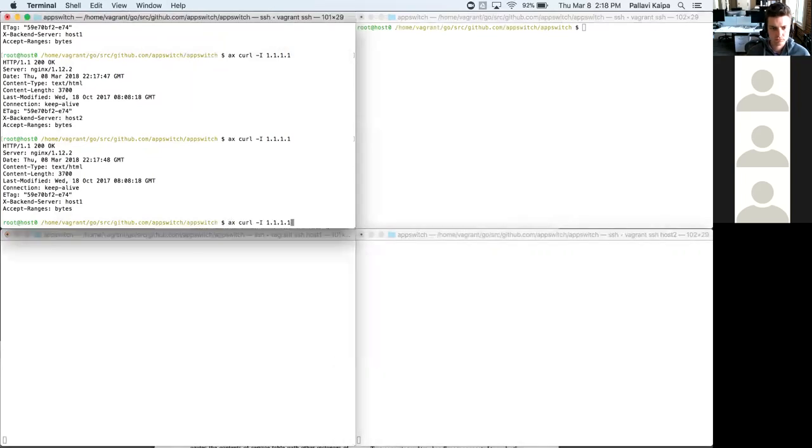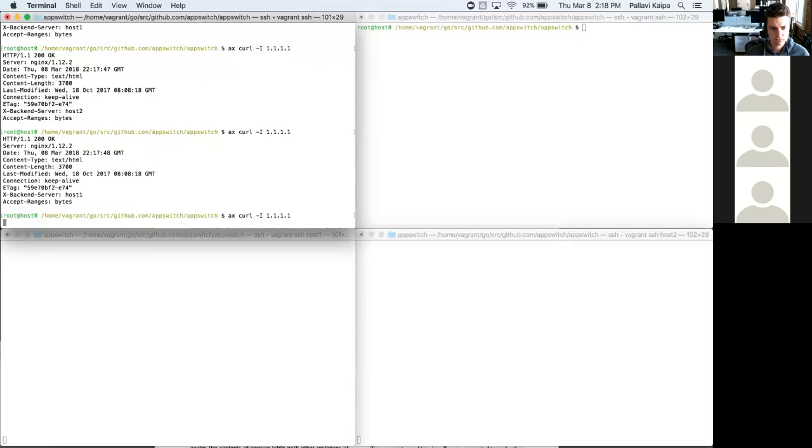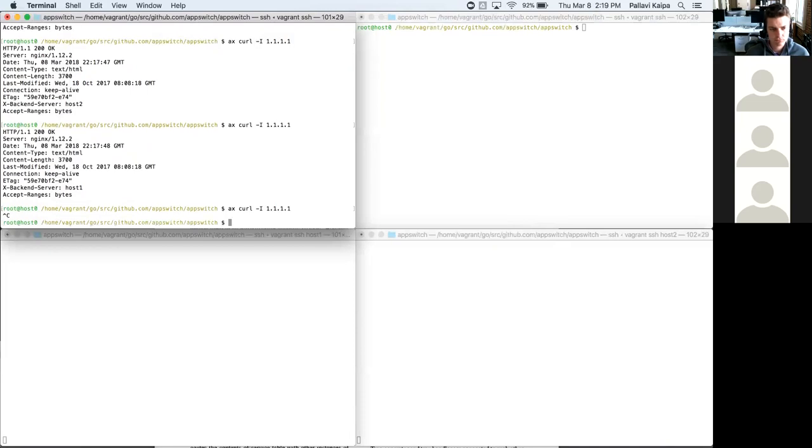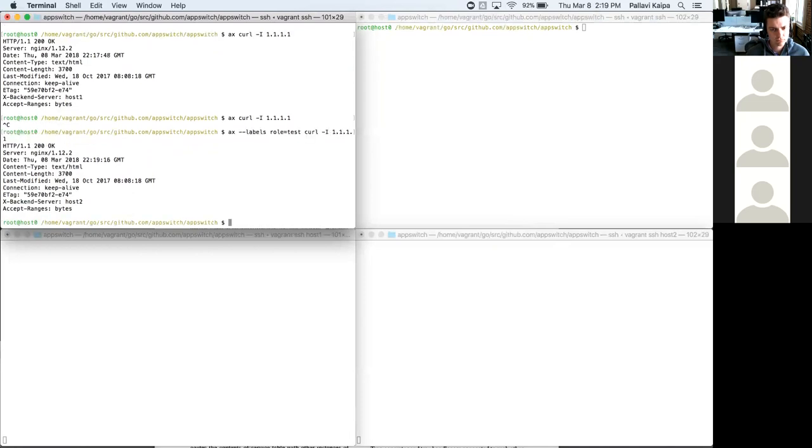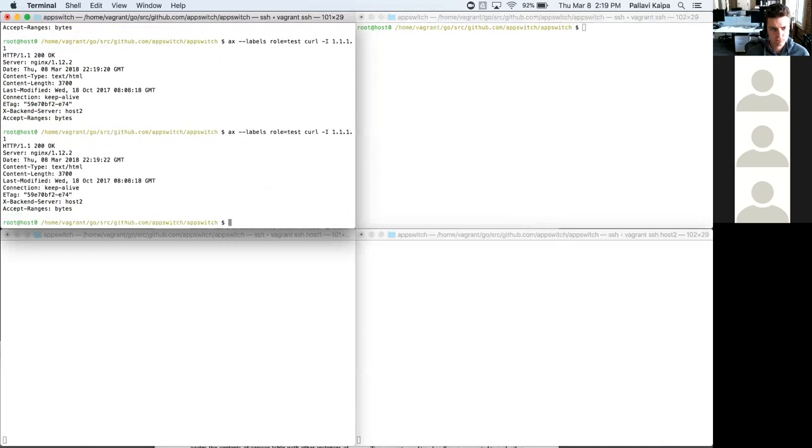So now when I try to connect with this client, it won't be able to connect actually, because it's not a part of one of these roles. It's neither prod nor test, so it won't be able to connect. But I can say labels role equals, let's say, test. Then it's going to connect to only the test server. It will never go to the prod, even though both prod and test servers happen to be running on that same IP address. So this is kind of convenient when you have applications which have statically configured IP addresses